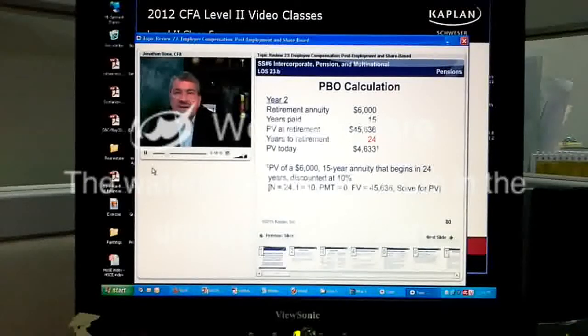Let's move on to year 2. Now of course, in year 2, Kevin is now entitled to 2/12 of his final salary. So if 1/12 is 3,000, 2/12 is going to be 6,000. Again, what we've got to do is work out the present value of the annuity at the date of his retirement. In other words, enter 6,000 as payment, N as 15, and 10 as our discount rate, and compute present value to get